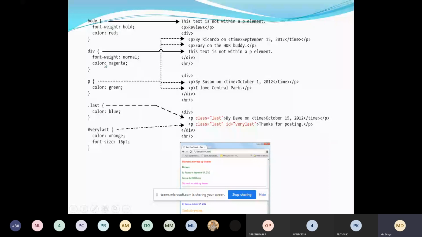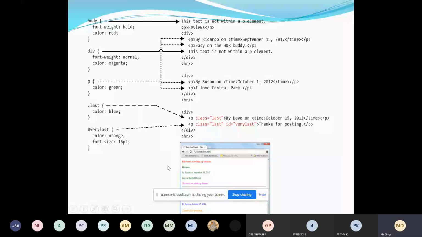For the div, I have specified font weight as normal. Remember, I specified the entire body font weight as bold. Again I am repeating the same property and telling that for div it is normal, and color is magenta, somewhat like pink. This pink color it will display.